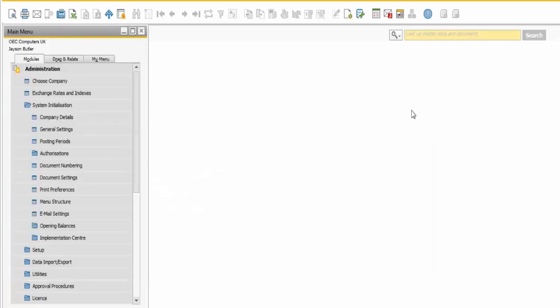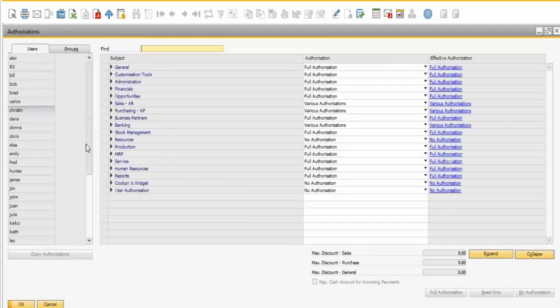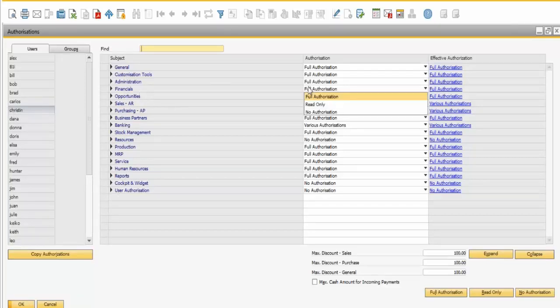Now, if I go back to the administration module, it also covers things like authorizations. So every user has a user code. When I select a user, I can then dictate what authorizations he's got. So if, for example, Kristen is not allowed into financials, I can change the full authorization to no authorization. And basically that prevents two things. It stops them getting into any of the financial modules, but it also can be used to tailor the menus. So rather than seeing every single module that's exposed in Business One, Kristen will only see the options that